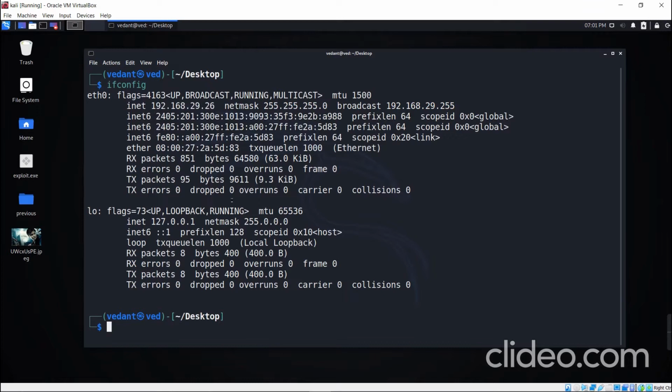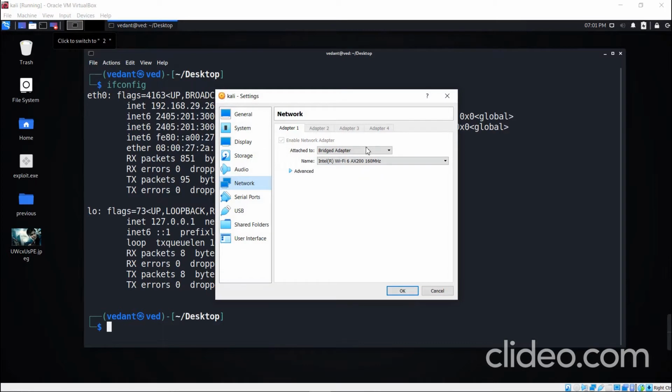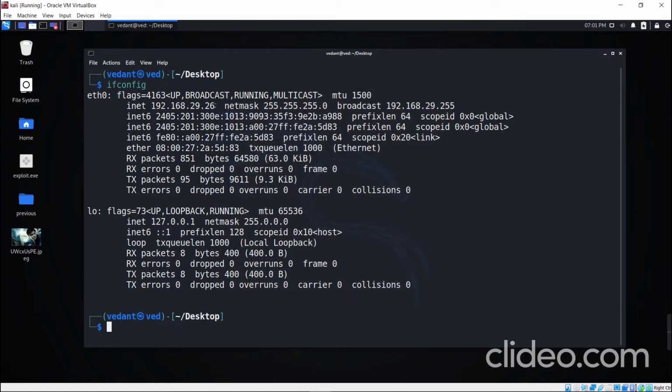When you are running Kali Linux on VirtualBox, it may or may not show that your Kali Linux won't be able to connect to the internet. But don't worry about it. You have to go to devices and network. We just open network settings, and this option must be NAT over here. But you just have to select the bridged adapter over here and select OK and just restart your Kali Linux. So just type ifconfig and you will know your IP address of the internet connection over which we will be attacking.